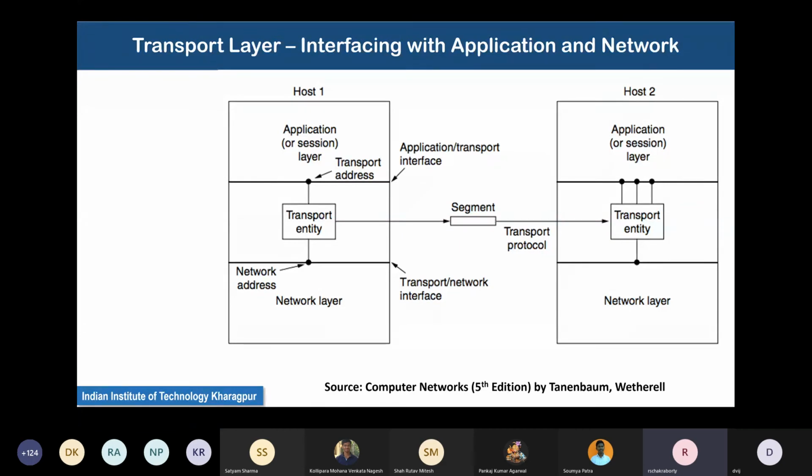So again, a simplified version of the diagram we studied. There is an application layer. There is an interface between the application and transport layers. This interface is important for application programmers who want to develop applications, because it gives them the information and the standard ways to interface with the transport layers through particular API calls like this.